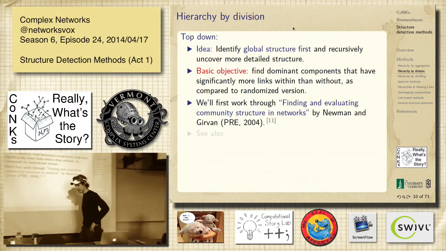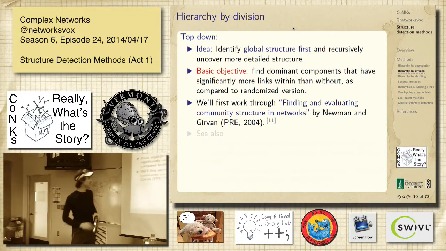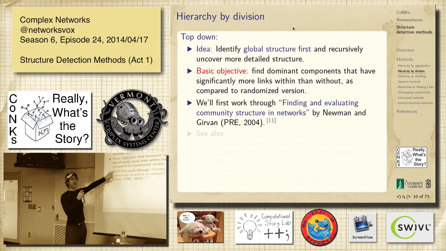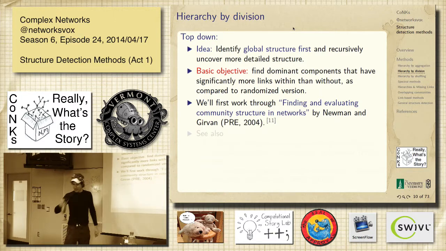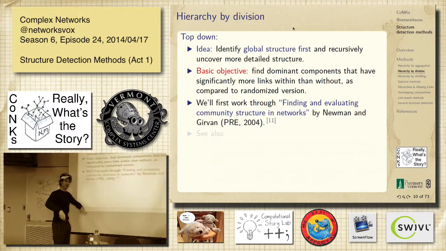So Newman pops up once again. There are actually a lot of people involved here, but Newman has to have done something right. And Michelle Girvan, who was in one of my recitation classes at MIT in probably 1996 in differential equations, 18.03, I think. So that was funny. She's one of my students, crazy students.